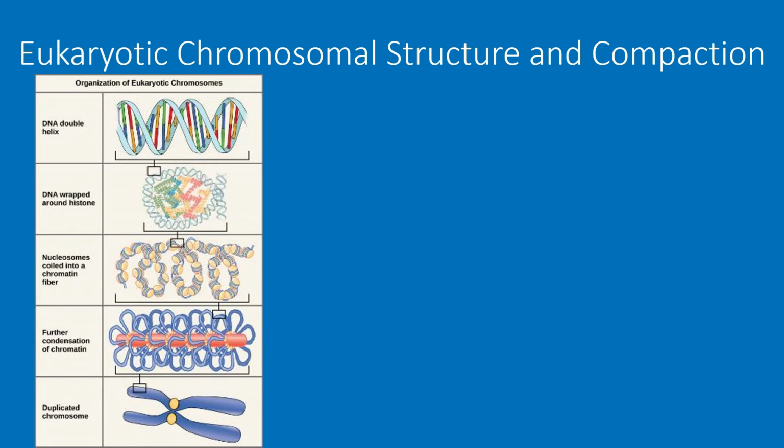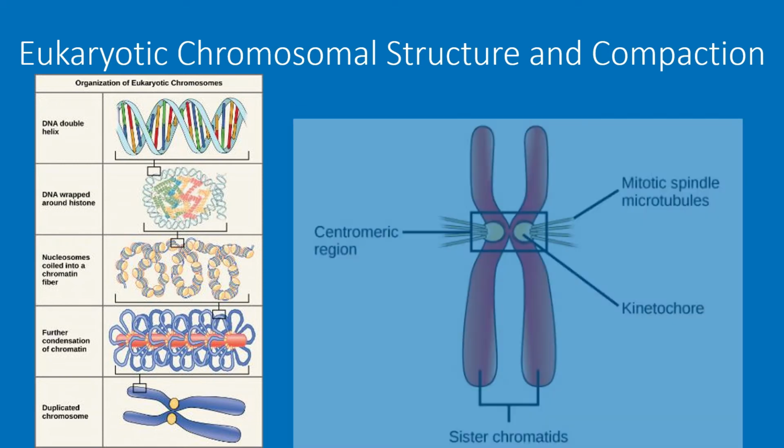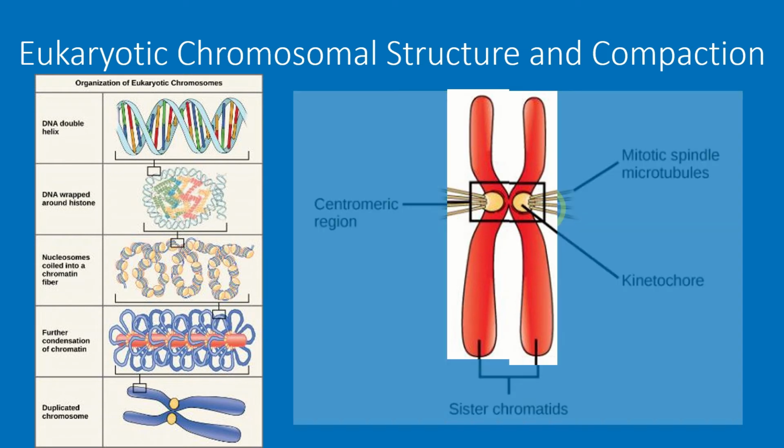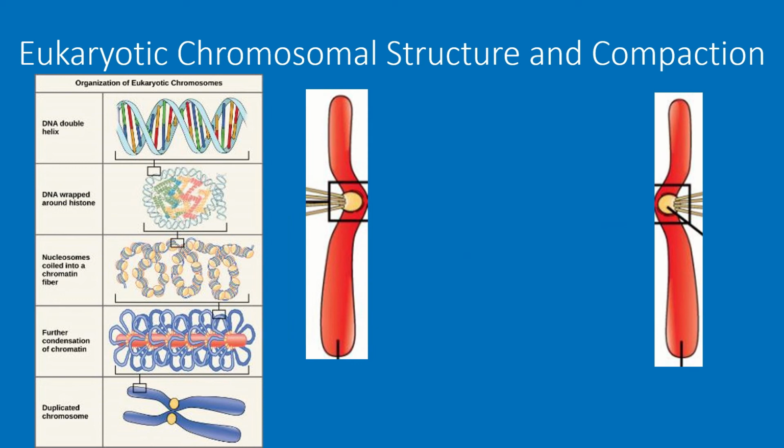Instructions for these are found within the DNA of cells. Chromosomes are copied into pairs called sister chromatids by the time mitosis begins. Each sister chromatid is an identical copy of the other. They are joined together at the centromere region by a kinetochore protein. This kinetochore protein contains attachment sites for spindle microtubules to attach and pull the